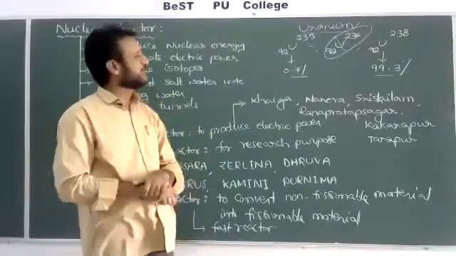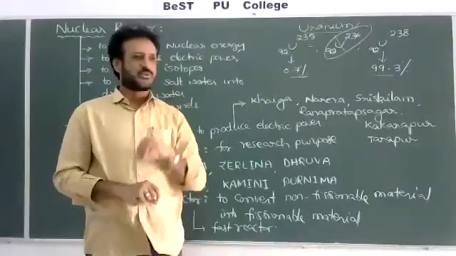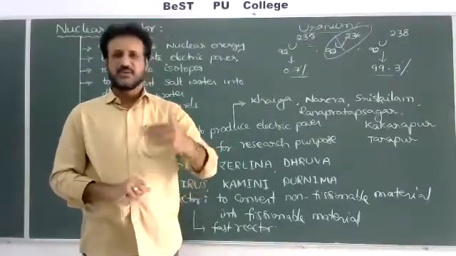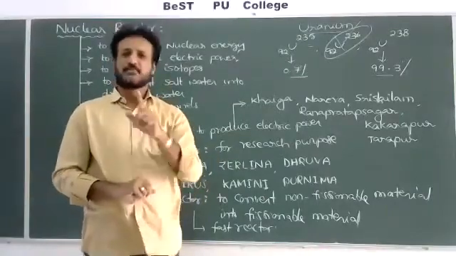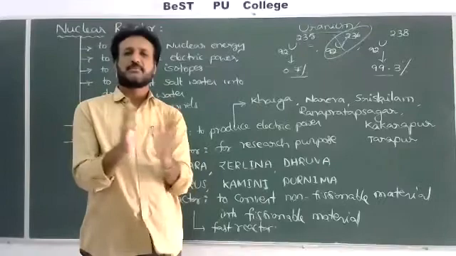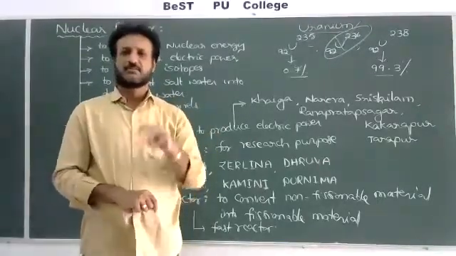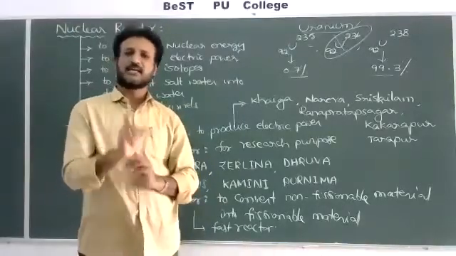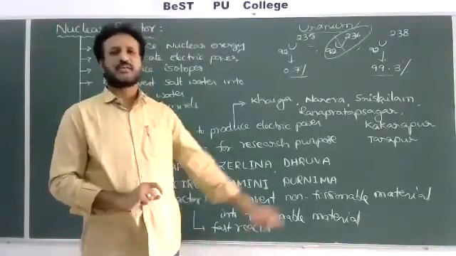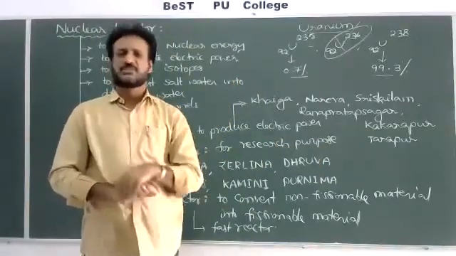And one more important parameter you have to remember: the nuclear reactor must be in our control. Whenever the process is going on, enormous energy or heat will be generated. If you are unable to control it, the total reactor may blast. Earlier also some reactors blasted, like in Fukushima and some other places. Once a reactor blasts, the surroundings for kilometers, the people and water resources, will be affected.